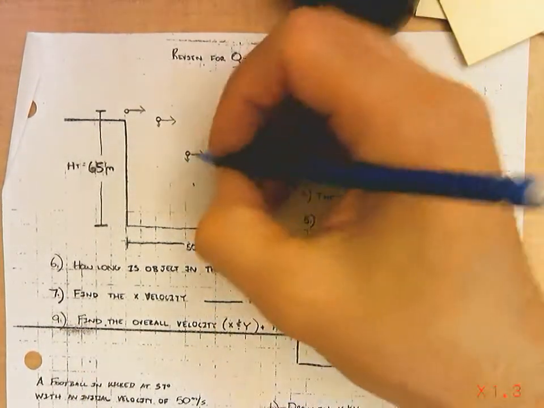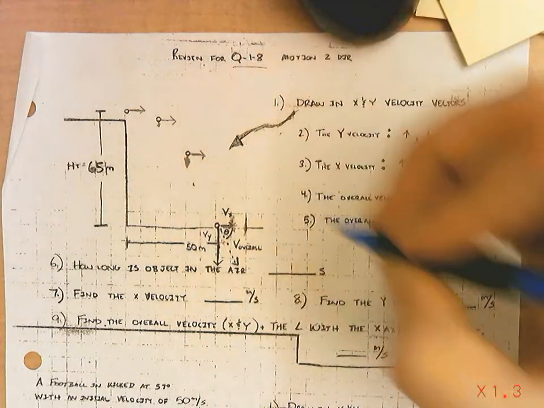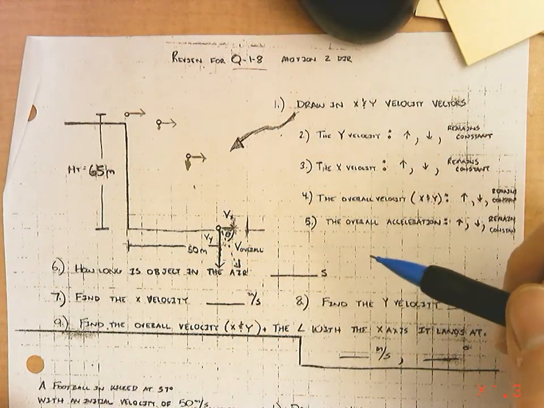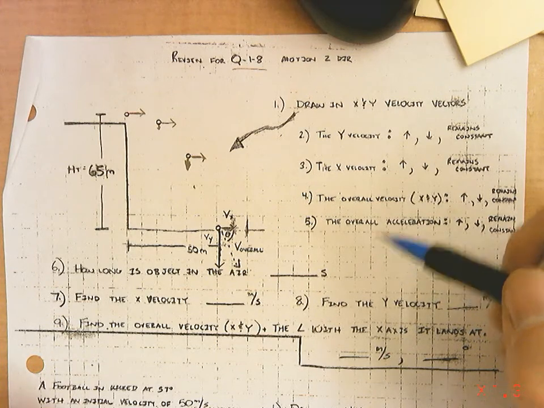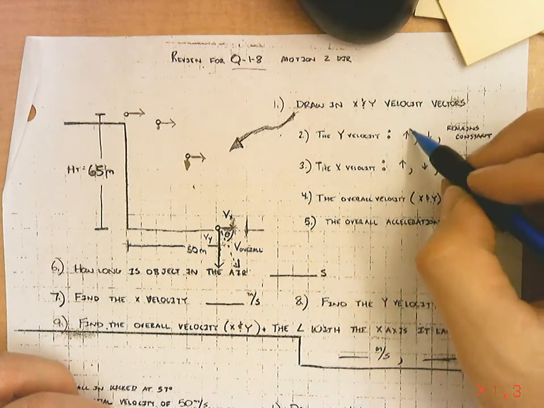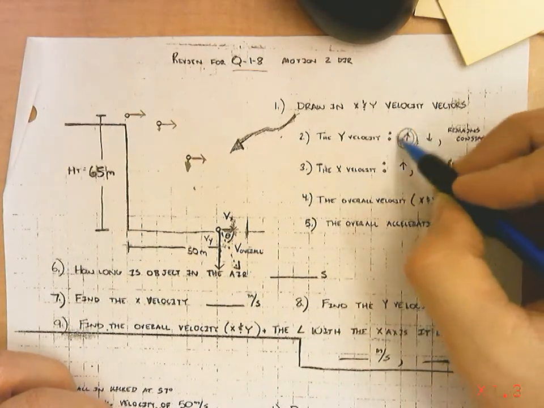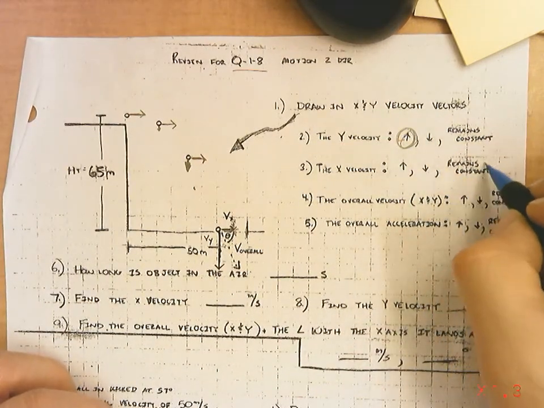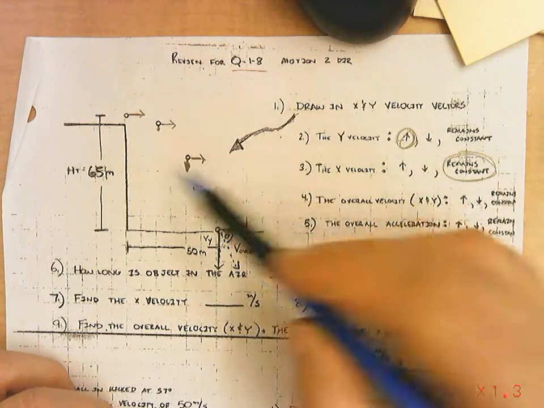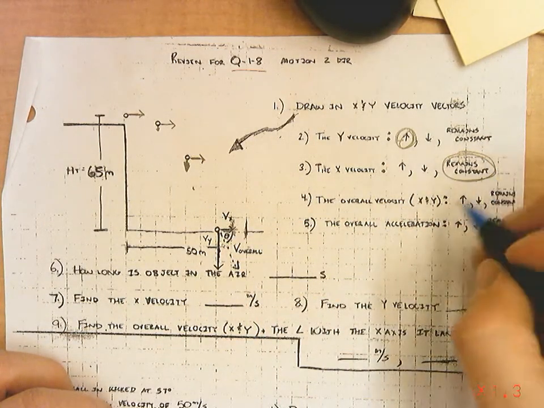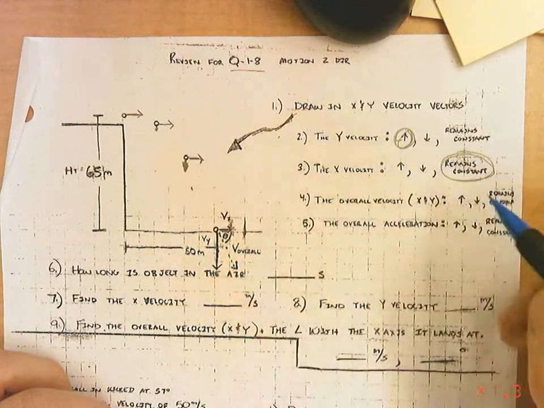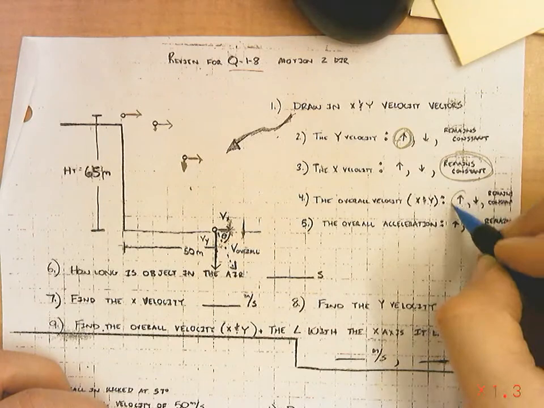until they get a little bit bigger, until they're this size when they hit the bottom, and then we can answer questions about it. Like for example, the Y velocity increases, the X velocity remains constant. You can see that all the arrows are the same in the X while the arrows in the Y get bigger. The overall velocity when it lands, the dotted line, is bigger than the initial arrow, so it increases, and